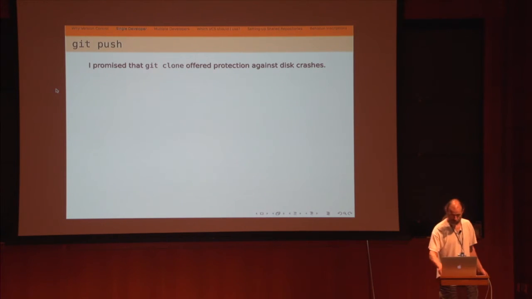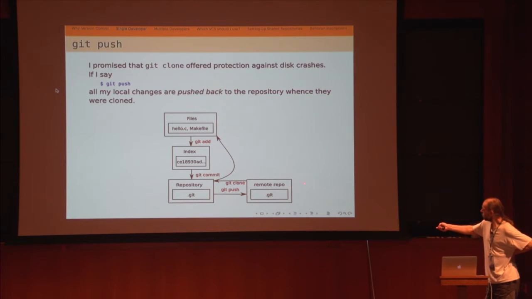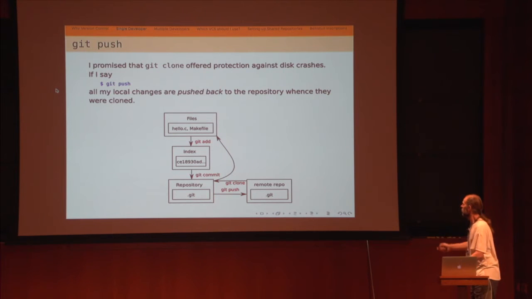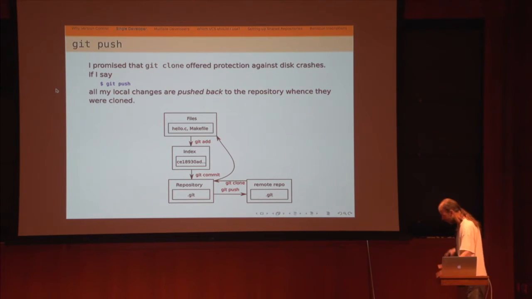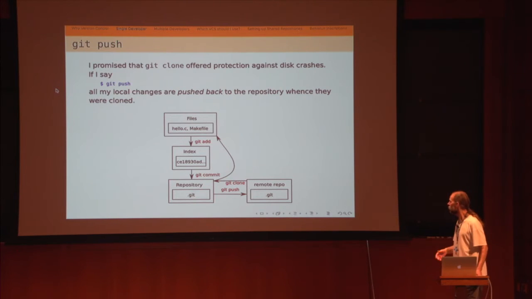Okay, so I promised actually, that git clone offered us a protection against disk crashes. That's an important thing for me. So this is growing my diagram a little bit further. Git clone took somebody else's stuff way out on the cloud, sitting out there in the world of GitHub, and it pulled it over to me. Git push does the opposite. So I can do vertical changes, I add my files, I commit them. When I push them, they go out either to my backup somewhere, or to GitHub, or to a version in Japan that I use sometimes. So git push does that.